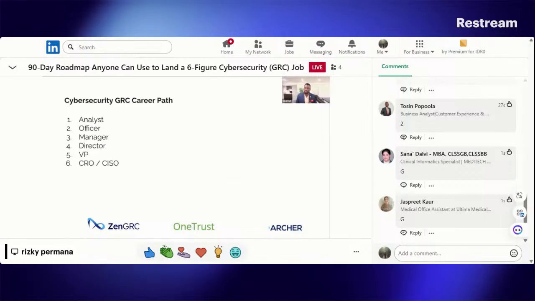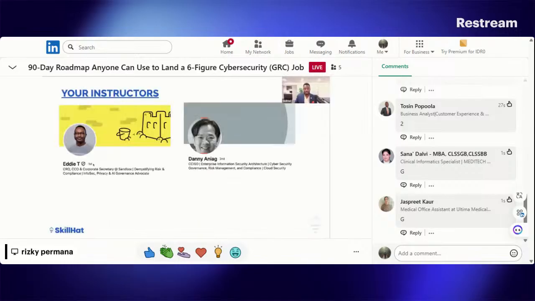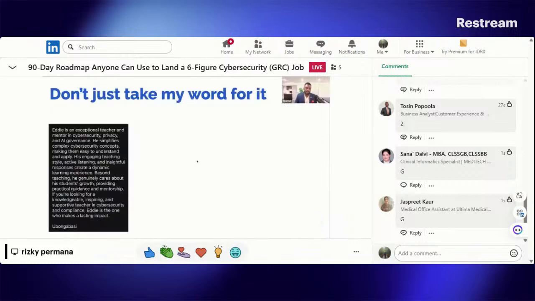A lot of people here are very ambitious. To the highest level, which is called the CRO, the Chief Risk Officer, or the CISO, the Chief Information Security Officer. And why I'm saying this is because we want to start you here at like an officer level, but the coach, rather the instructor you're working with is already here. So Eddie, your instructor, is a CRO at a top insurance company. And so is Danny. In fact, Danny has his own security company making millions of dollars, right? And he teaches here with SkillHack. So you're dealing with like top level guys working with you. It's all about the who, not just the what.